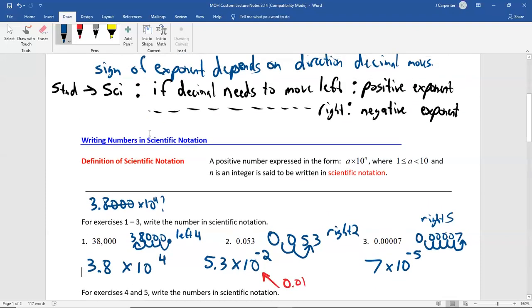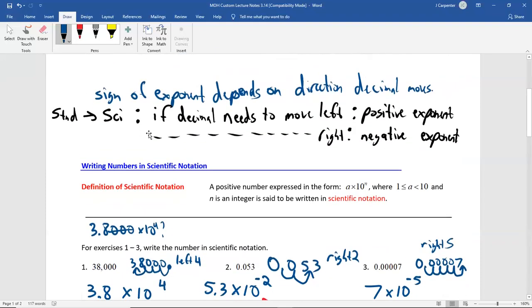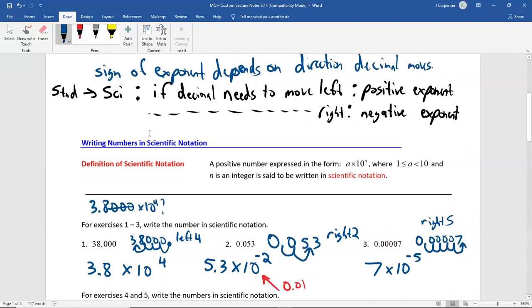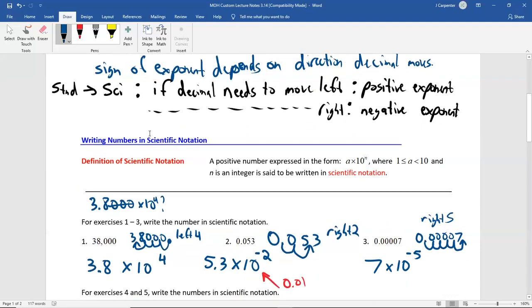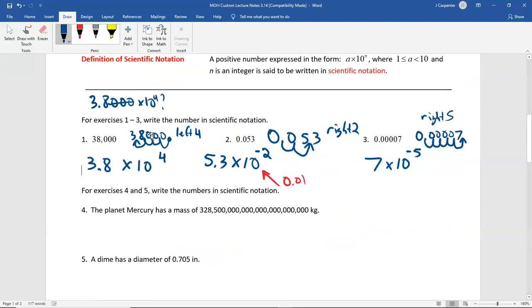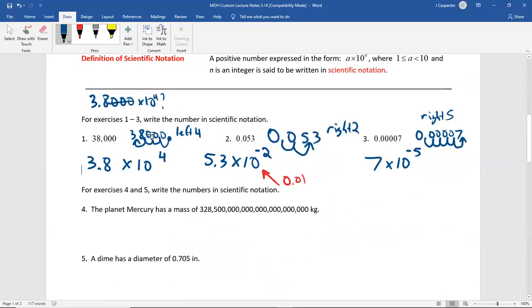So I asked earlier, at the beginning of the course, what is scientific notation? Why do we use it, and how do we use it? We went over what scientific notation was, we went over how to use it, but I didn't go over why to use it. This is why we use it. Problem number 4, specifically. Really big numbers, or really, really small numbers, which we don't have an example of in this class, but